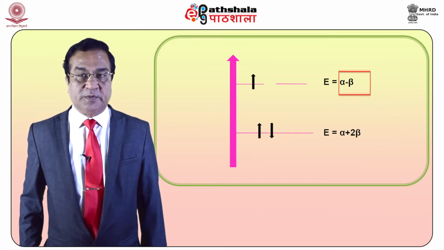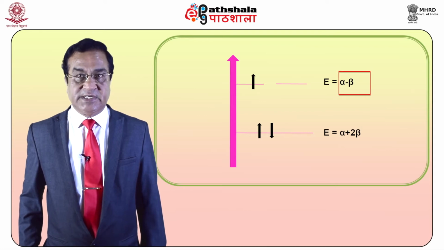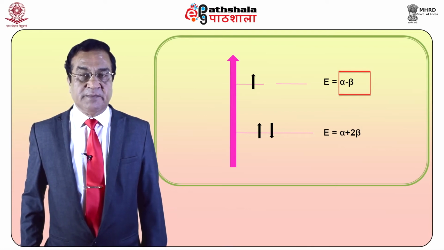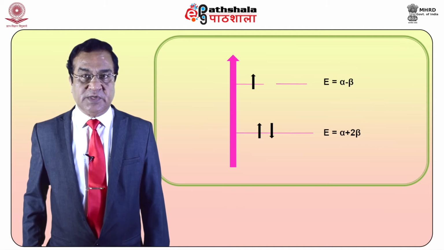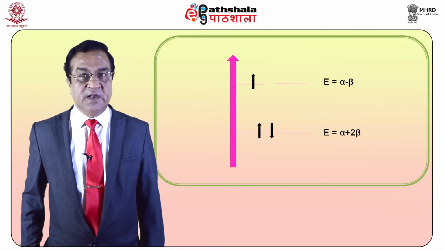There are 2 molecular orbitals with the same energy. As I said earlier, these are degenerate, but there will be only 1 electron in this set of degenerate molecular orbitals. After having drawn the energy level diagram for our cyclopropenyl radical, one can calculate the total pi electron energy, that means E pi of cyclopropenyl radical.